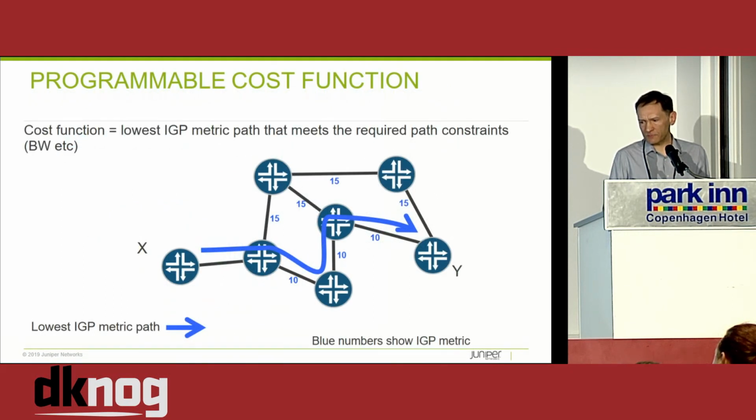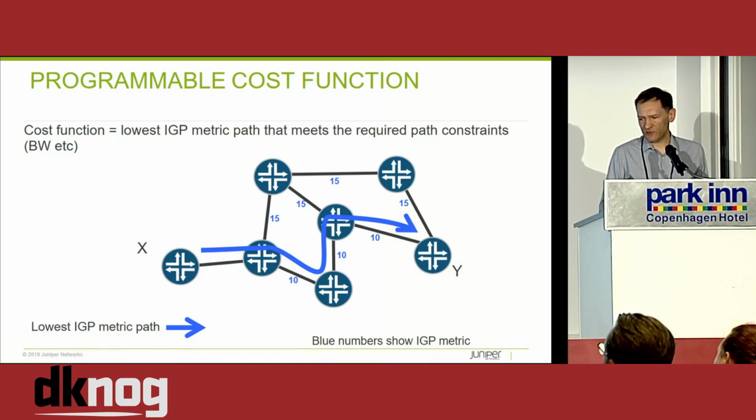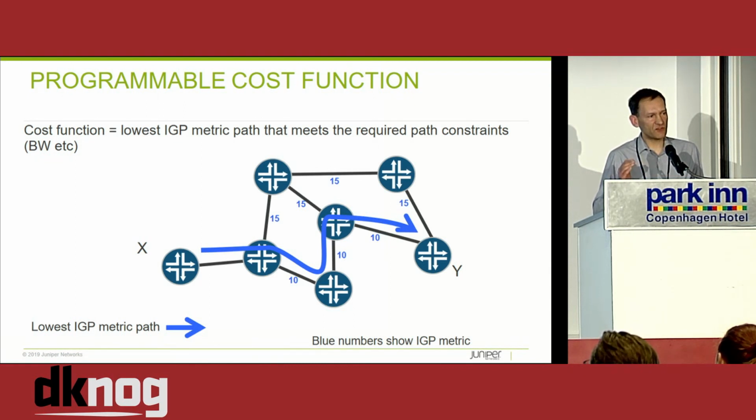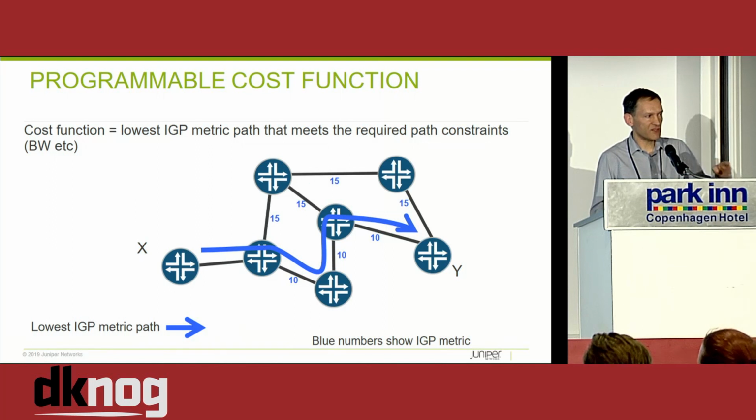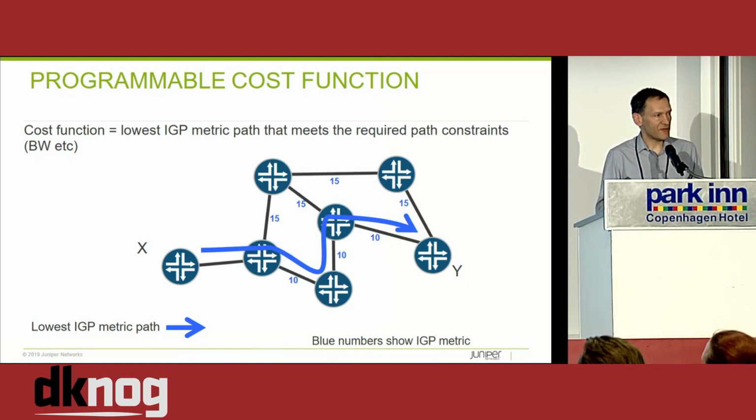In a similar vein, I'm coming on to the topic of latency, lowest latency paths. As a preamble to that, when it comes to cost functions, a controller can have a variety of cost functions for different types of LSP. Typically, the default is the lowest IGP metric path that meets other requirements, such as bandwidth requirements or path diversity and things like that. In this network, where we're showing the IGP metric on each link in blue, the lowest IGP metric path between X and Y is shown by that blue LSP along the south